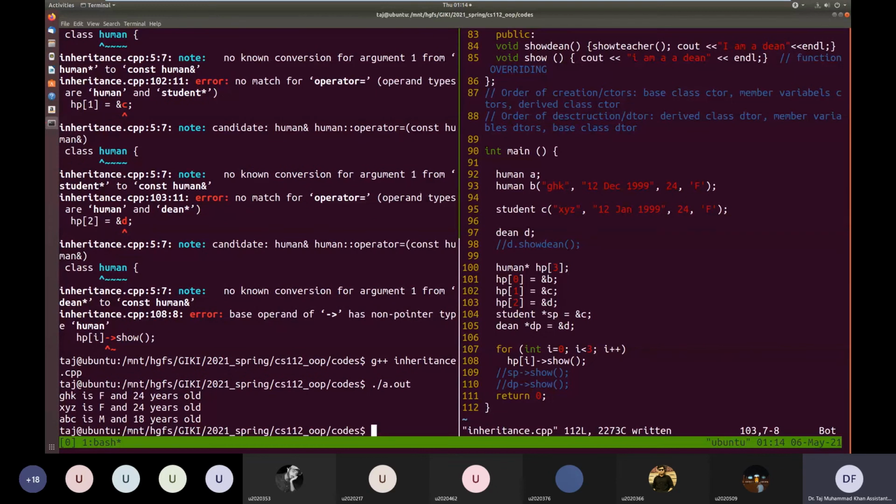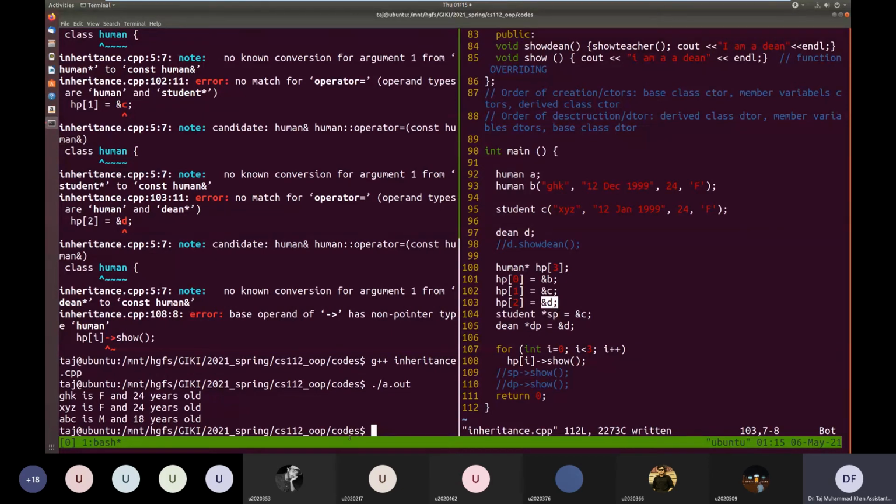Now these three different pointers of type human are accessing three different types of objects. First, an object of type human. Another stores the address of an object of type student. And the third, the address of an object of type Dean. We are calling show on all of them.